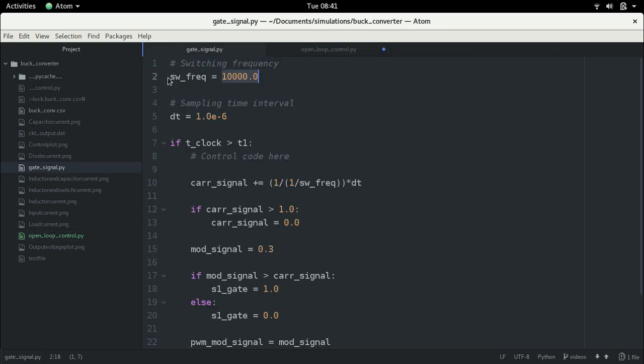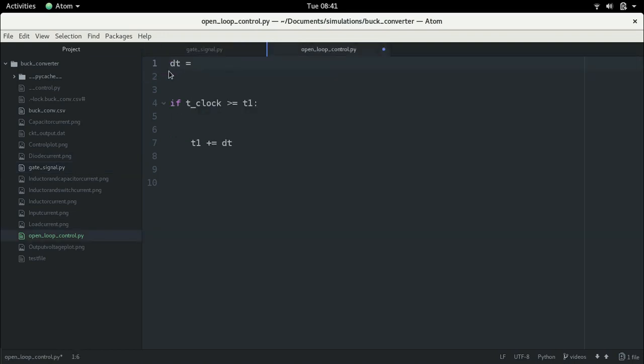Actually, we can copy this and we can just say 1 by switching frequency. So what we are saying is that 1 by switching frequency is the time period of this carrier waveform, right? Because when we set the switching frequency, we are setting the frequency of the carrier waveform. So this is once in a carrier waveform, or rather the carrier waveform time period. That's good enough. So now that we have this, we have now set our